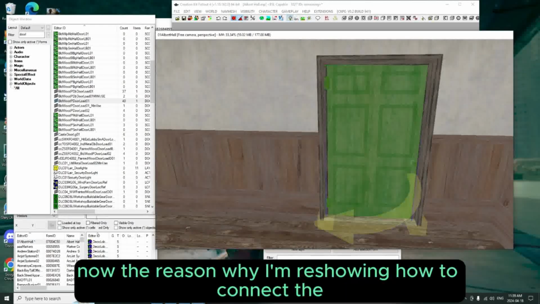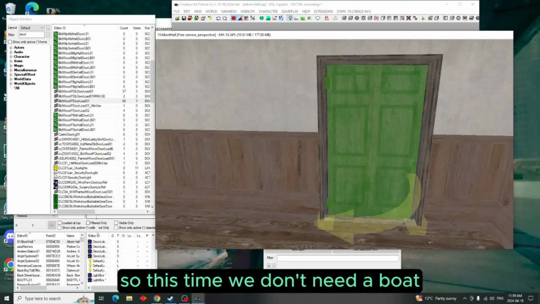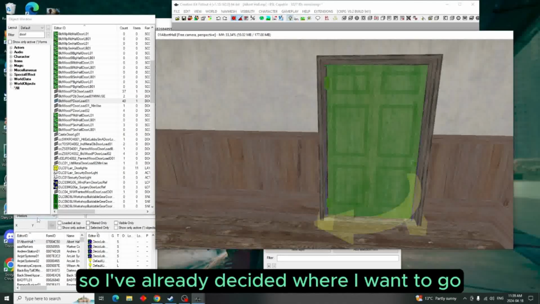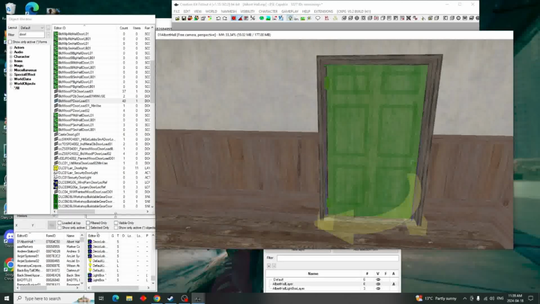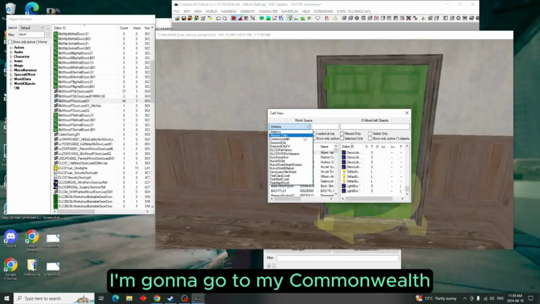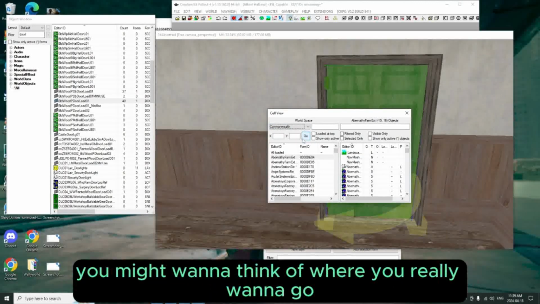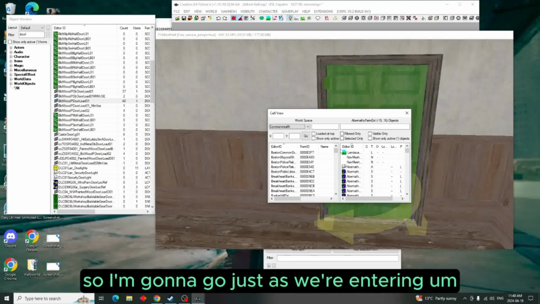Now the reason why I'm re-showing how to connect cells is because this time it's not a new world space. So this time we don't need a boat. So I've already decided where I want to go. So I'm going to bring this up over here. I'm going to go to my Commonwealth. And before you do this, you might want to think of where you really want to go. So I'm going to go just as we're entering